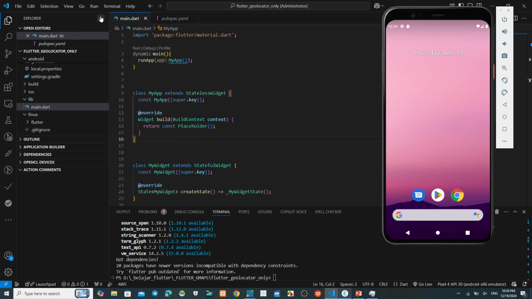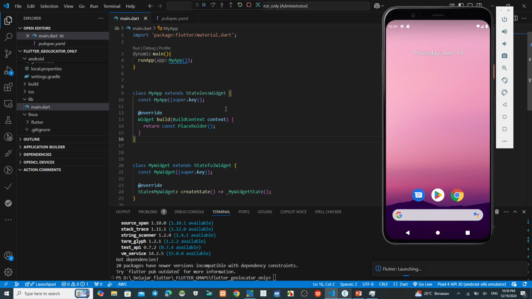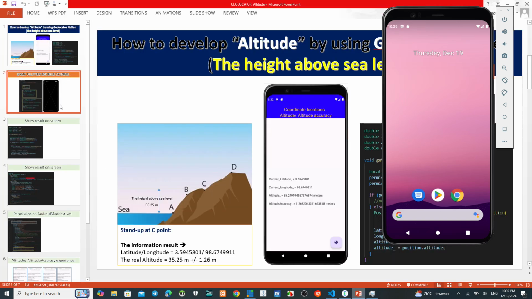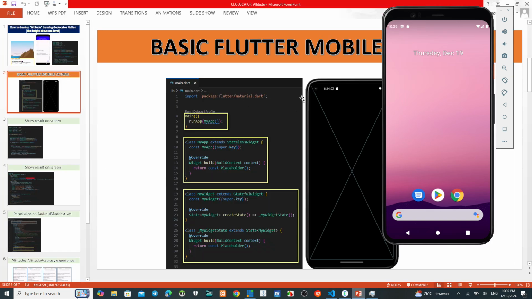okay, we run. Yeah, we wait about 1 minute. After that, we have this one, the virtual device, like this.